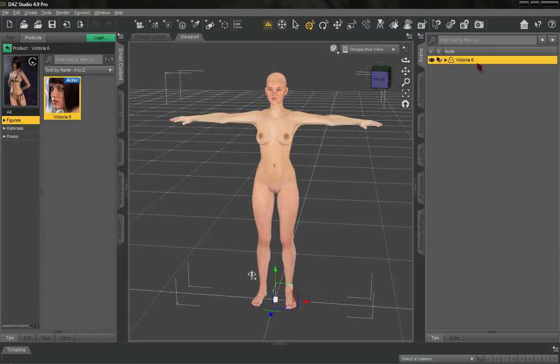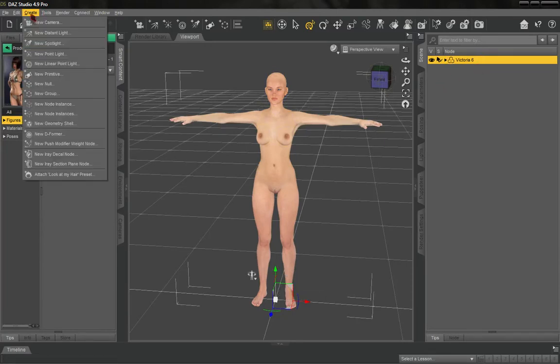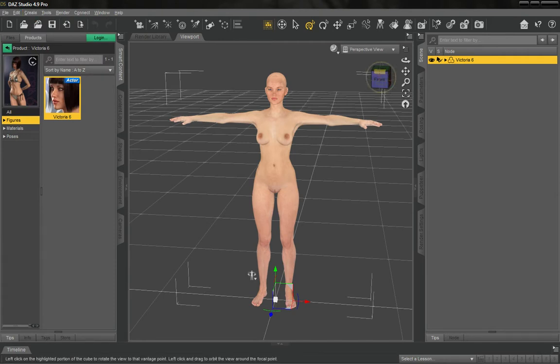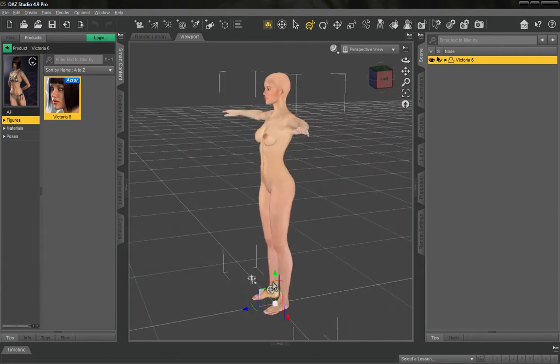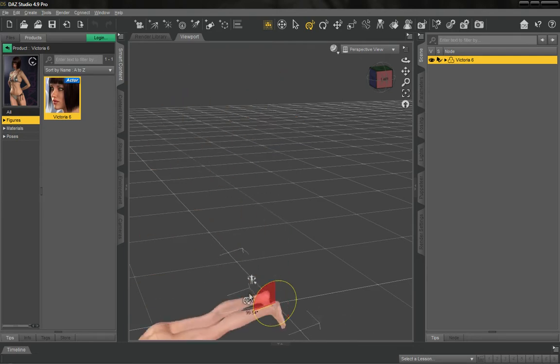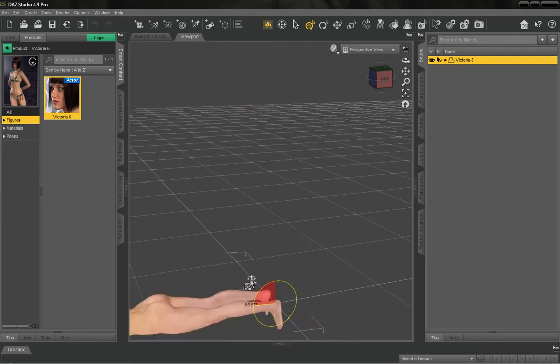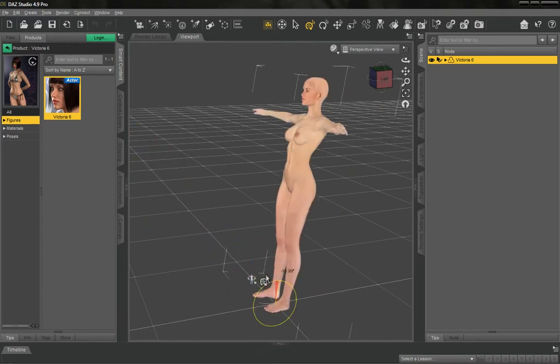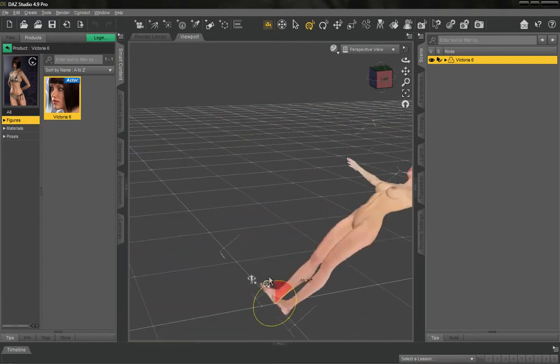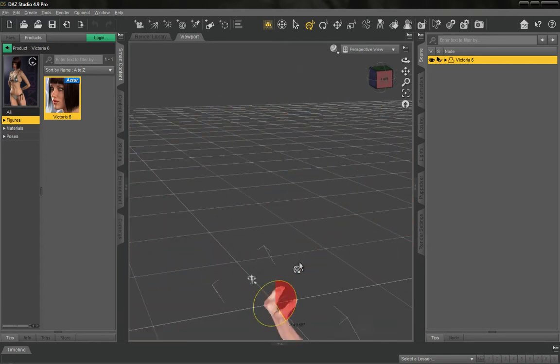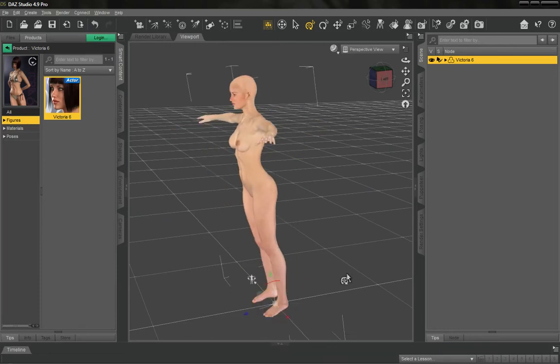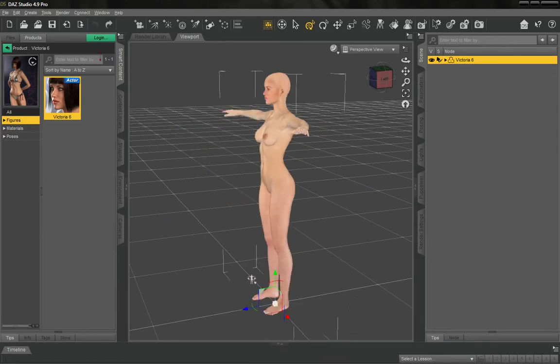Victoria 6. So what we're gonna do now is get a new pivot point, because this pivot point right here, this control module, this rotation slash direction object thingy that I'm moving right now, it only pivots or moves from the base, from the feet, and I don't want that, because that's going to make backflipping super hard. So what I'm going to do is get a new one of these toys right here by